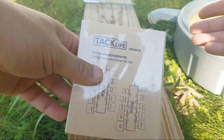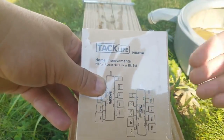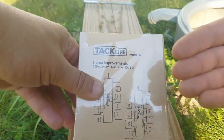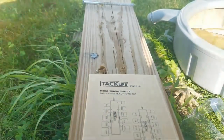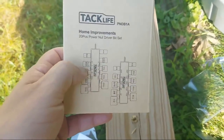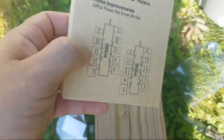under this video. And the Tac Life stuff that I've reviewed, and a lot of people on Instagram, they're a new company, guys. They're not competing with Milwaukee. They're not competing with DeWalt, Makita, Metabo, Bosch, Hilti. They're competing with the homeowner, the bargain brands, whether Ryobi, Porter Cable, stuff like that. And what's kind of refreshing is their stuff is pretty well made at a good price. But I'm here to tell you, just like everything else, it's from China, but they're not afraid to kind of take that whole China